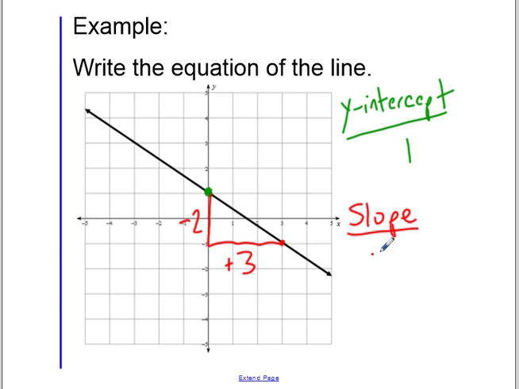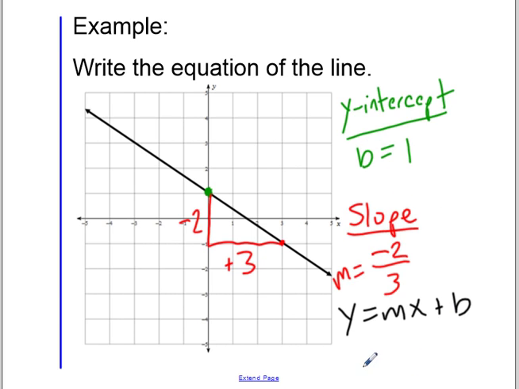So our slope is going to be rise, which was -2, and run, which was +3. Slope-intercept form is probably the best way to do this since we have an intercept and a slope. Now the m, remember, is our slope, and the b is our y-intercept. So I'm going to plug in each of those things and I'll have my final answer. y equals -2/3 x